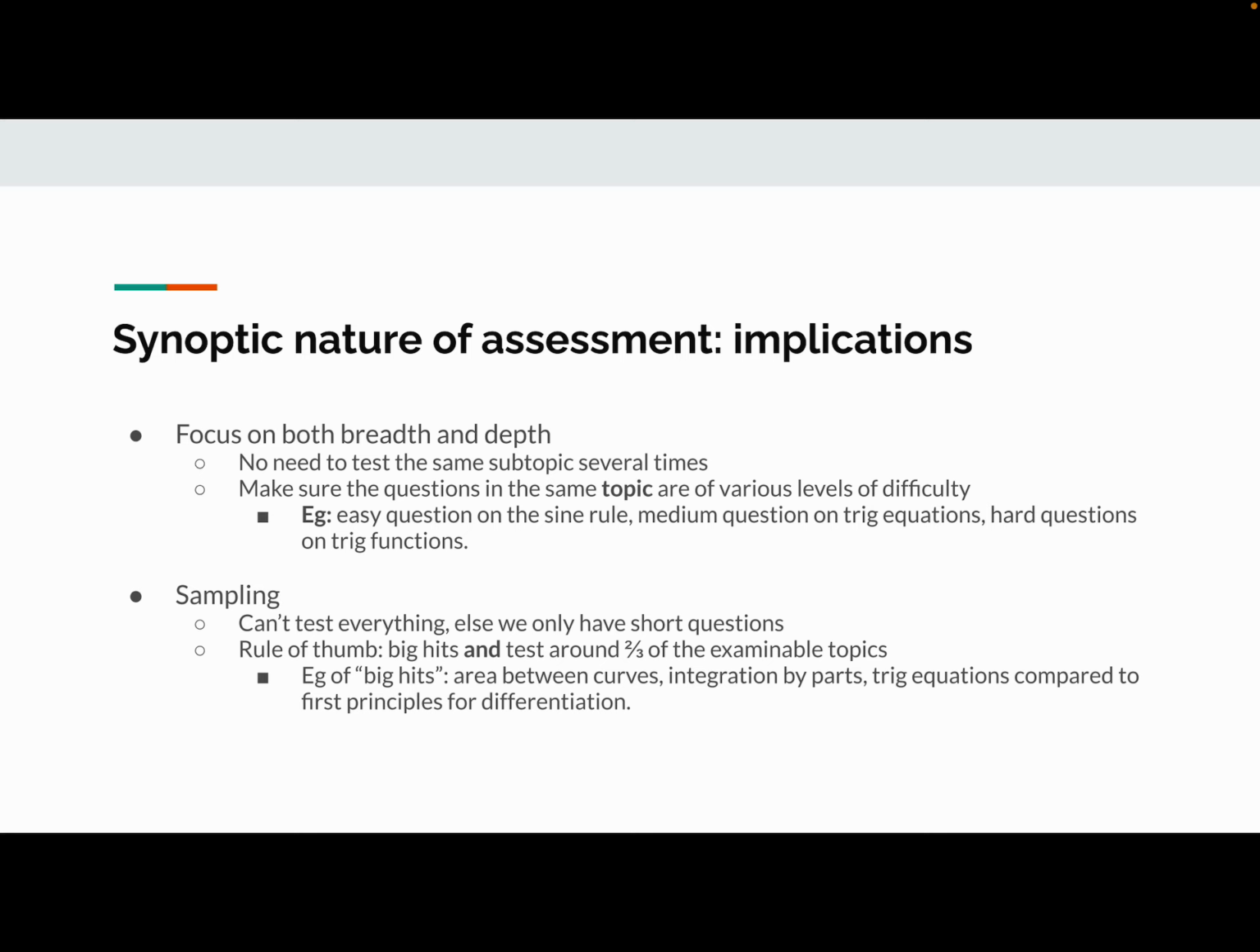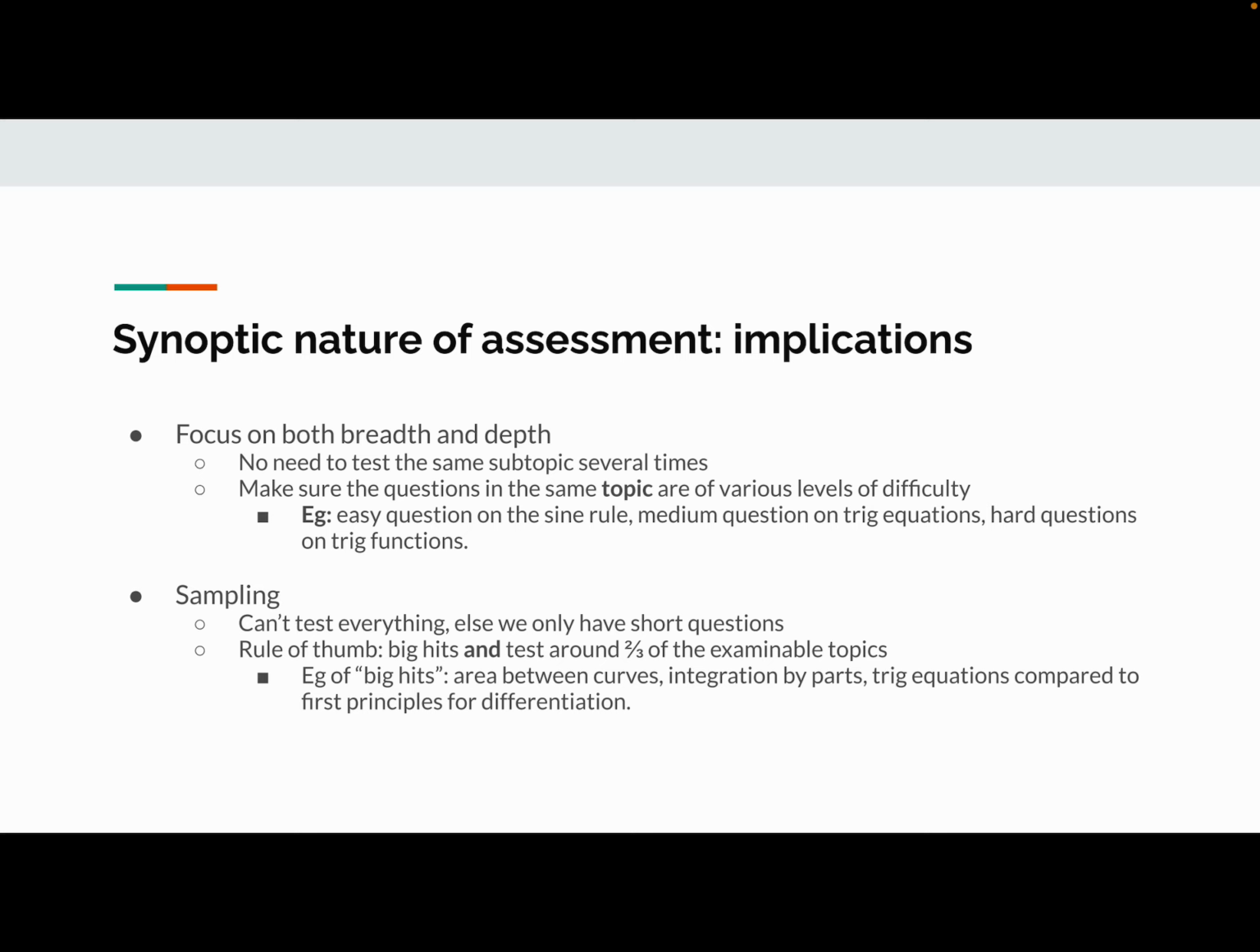However, you should make sure that all the questions of the same topic are of various levels of difficulty. By this I mean, you should have an easy question on the sine rule, maybe a medium question on trig equations, a hard question on trig functions, and so on. Or, take another example,